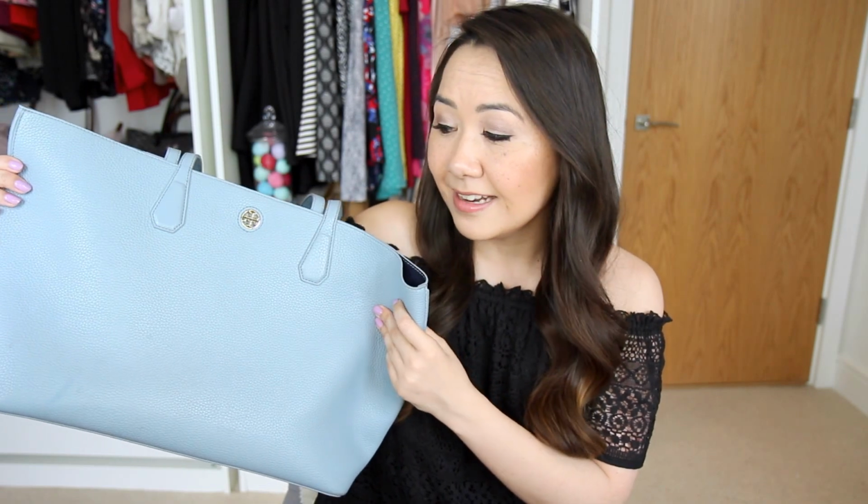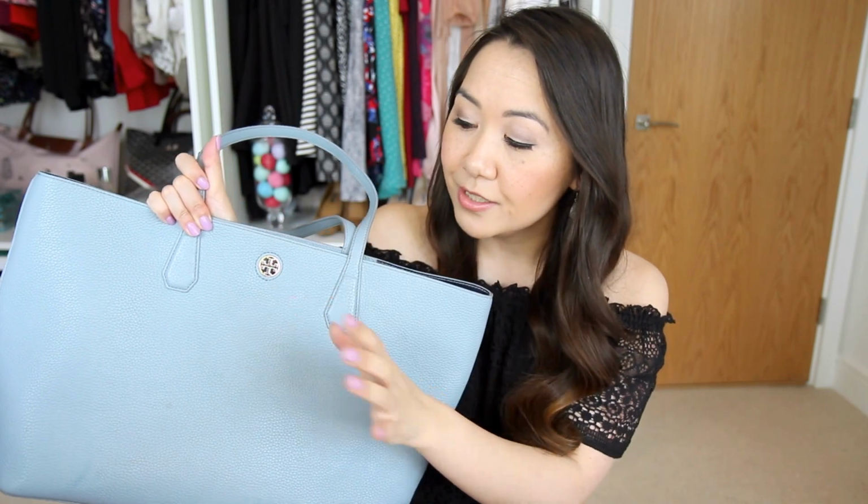Even in winter I used it, even though it's quite a spring-like colour, and since it has brightened up weather-wise I've been using it even more. I just love it. I love the size. I think it's the perfect size, and it's just very neat looking. It's very smart. I like how subtle it is that it only has the tiny Tory Burch logo right there,